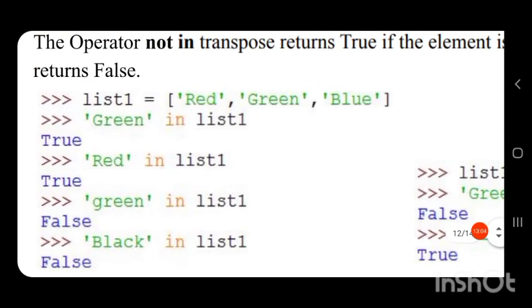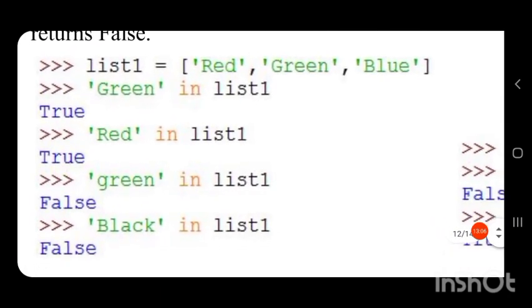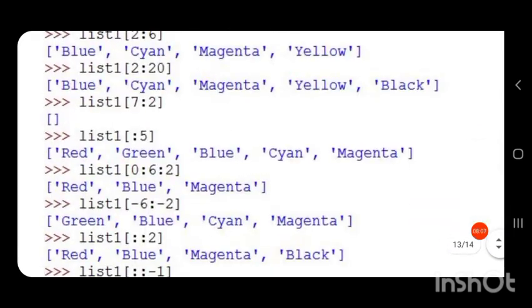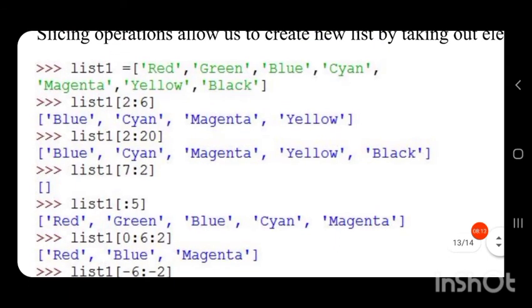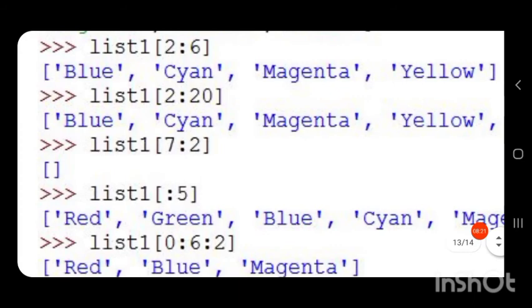So we have list 1 is equal to red, and example 2:20. Here you can see elements are there only up to index value 6. No element is there after index value 6. But here we have given the start position as 2 and the stop position as 20.